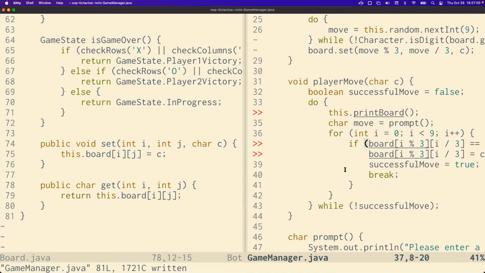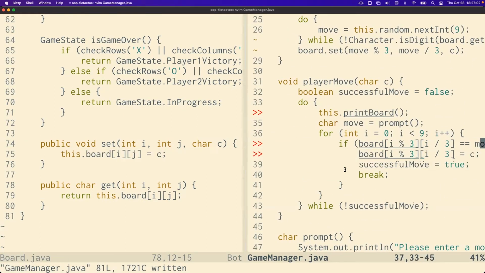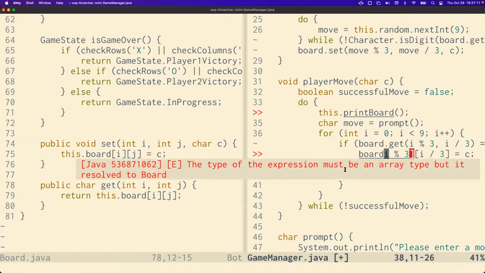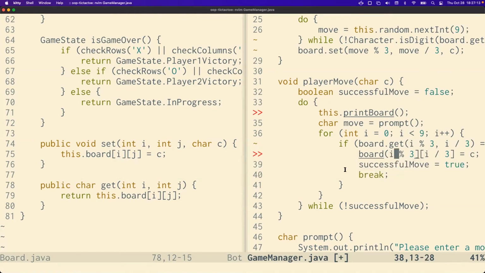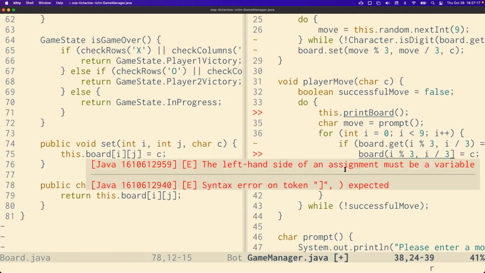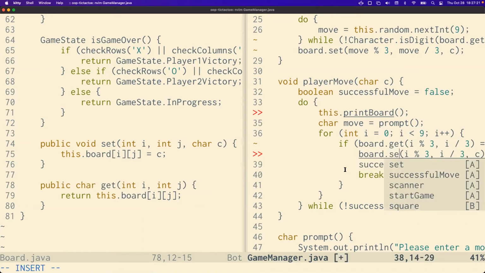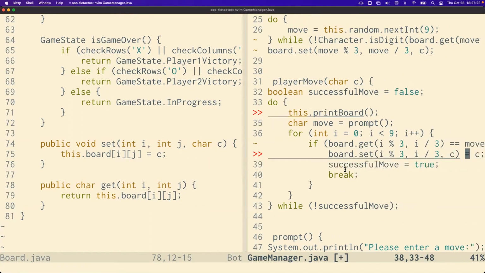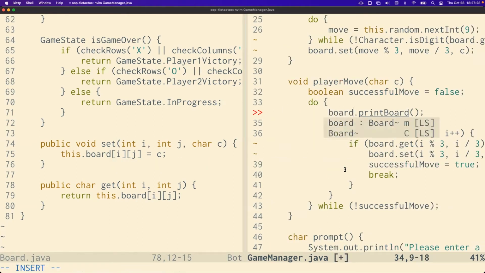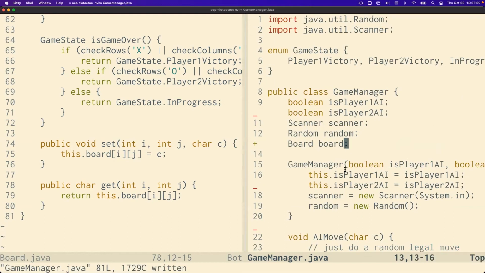Okay, here's some more examples of where it should be board.get. So we can set up that. And then the other thing you'll notice up here on line 34 is that we have a print board. That print board function doesn't work anymore, right? So we were calling this .print board before. But now that method has moved into the board class. So remember, instead of this, it's just going to be attached to the board because we have board right here